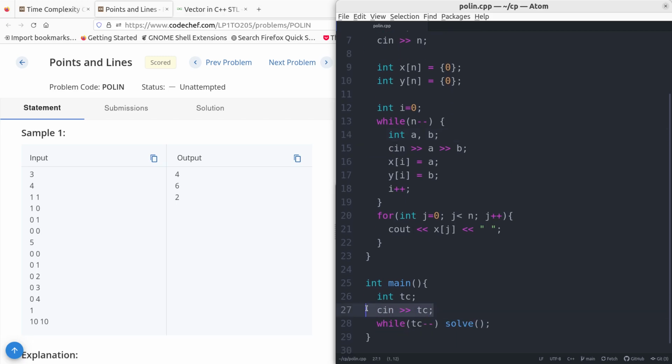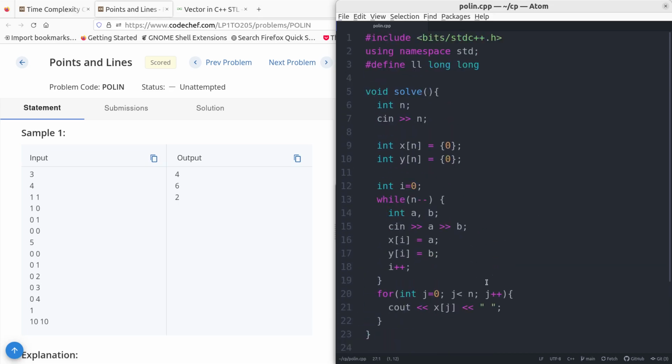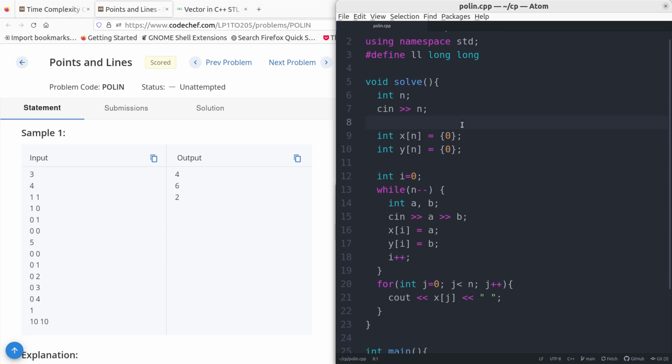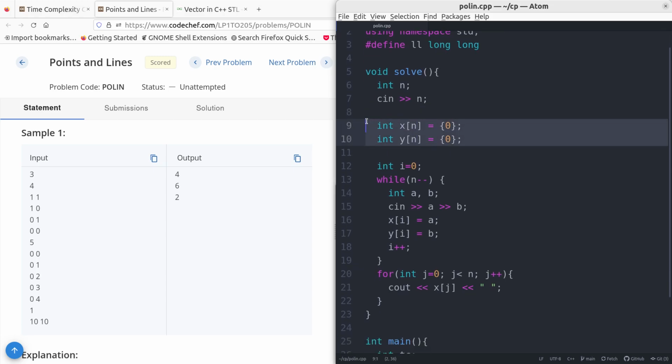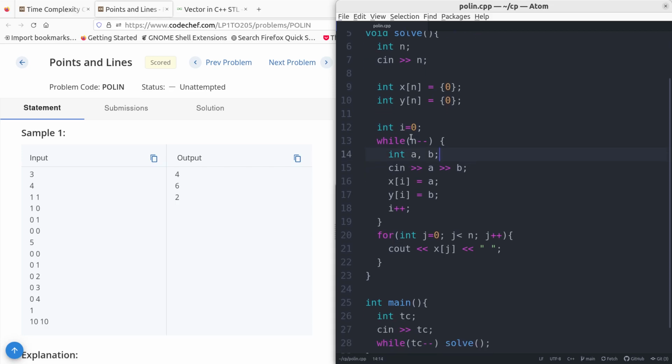I am reading test cases, also reading n, creating two arrays of n size and creating a variable I equal to 0. Now for n minus minus. Okay, because we are doing n minus minus,